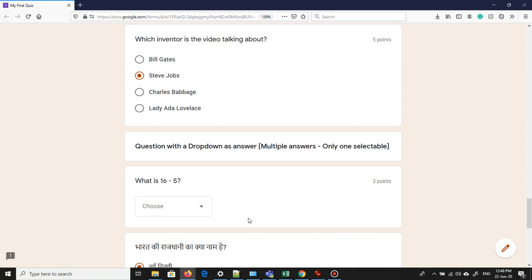Okay, now suppose I just have 4 options to select from. I'll probably use multiple choice. But suppose I want to find out which state has the largest population, and I want to give the list of 28 states or 26 states, whatever it is. Do I give a multiple choice? If I give a multiple choice, it is going to go into multiple pages, so it will be a long list to go through. So what will I do? I'll actually create a drop down containing a list of all the states.